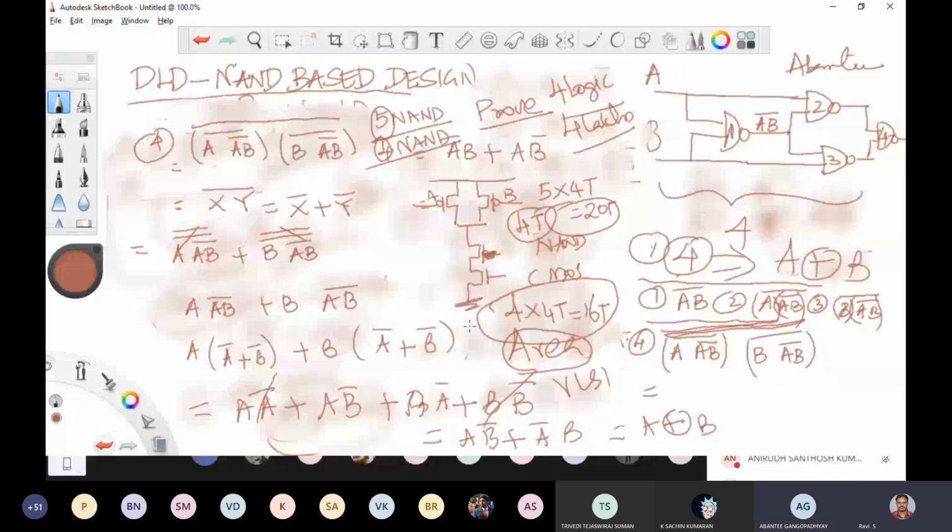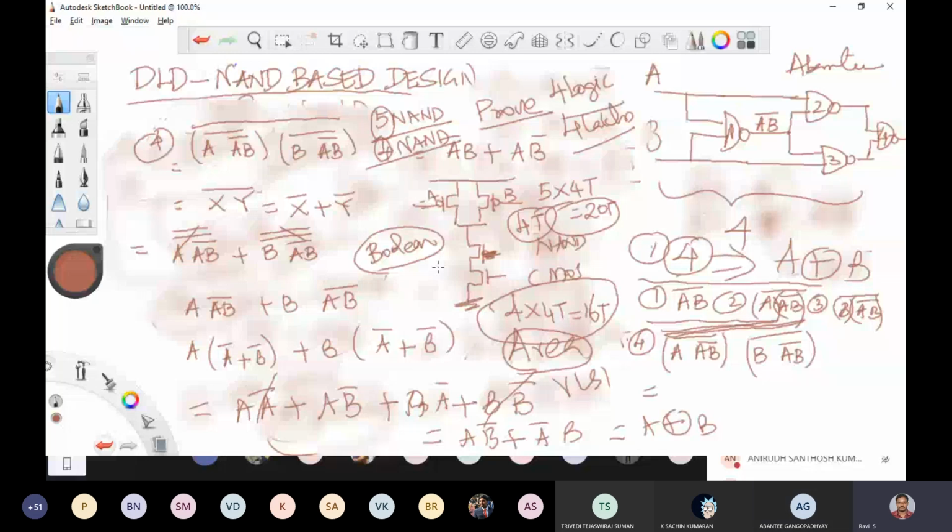That is the reason in the initial stage, whenever we are making a smaller design, we need to think about the way to reduce the hardware. For that purpose only, we are studying Boolean rules. Next class, I'll concentrate on Boolean rules. We have 26 rules already, which all the students studied in secondary and higher secondary standard. A plus B is equal to B plus A, commutative law; A into B is equal to B into A, commutative; associative, distributive. All the rules help us to reduce the hardware. We'll discuss later.